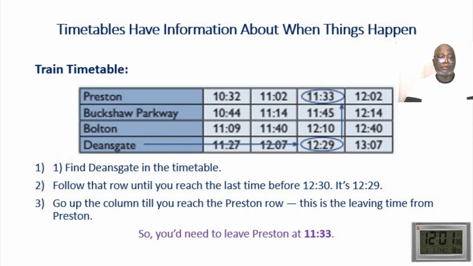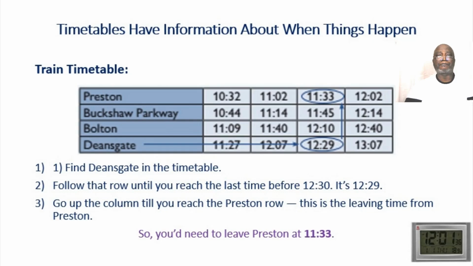Okay, then once you follow the row up to 12:29, the next thing you need to do is to go up the column until you reach Preston. This is the leaving time from Preston, which is 11:33. So you'll need to leave Preston at 11:33. So catch the 11:33 train